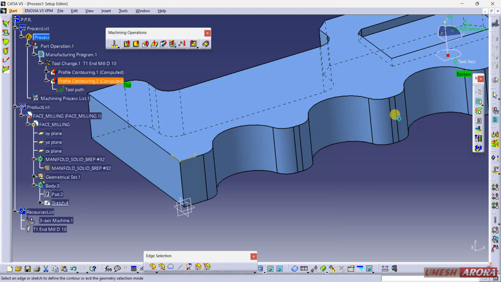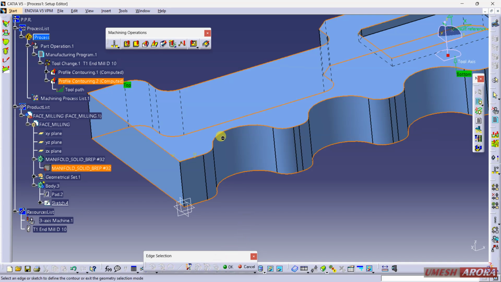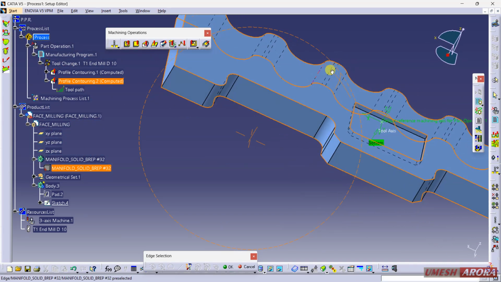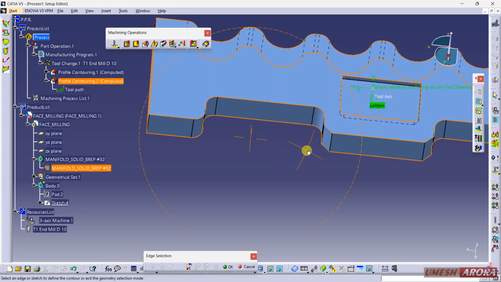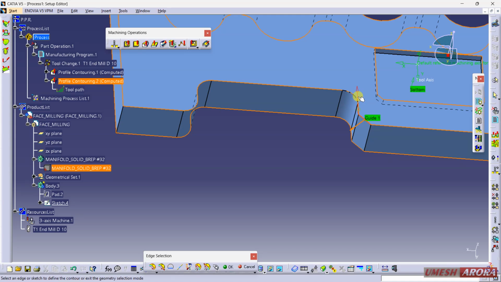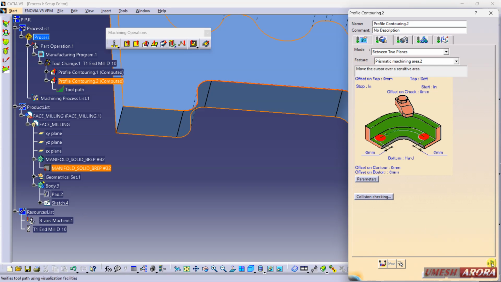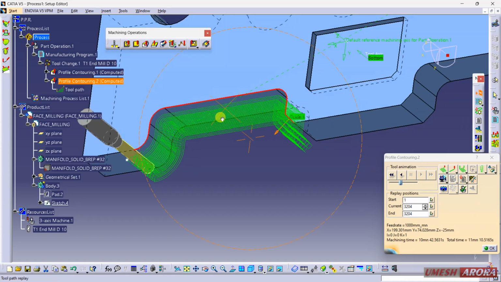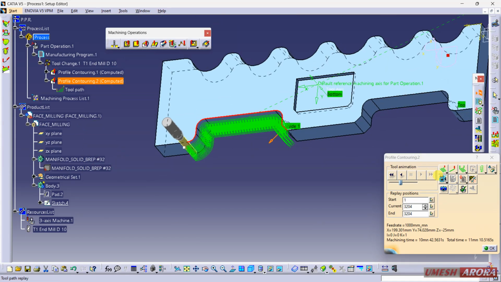We can also define this. Click. Now it is open, and calculate. This time the profile is open.